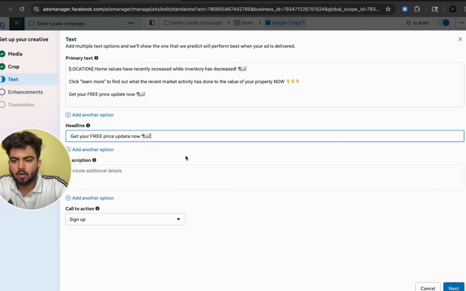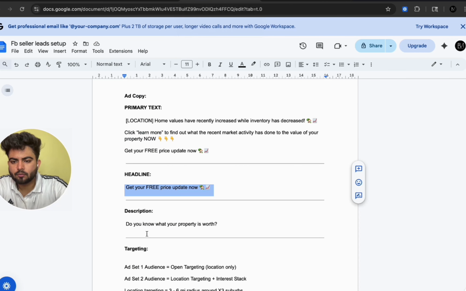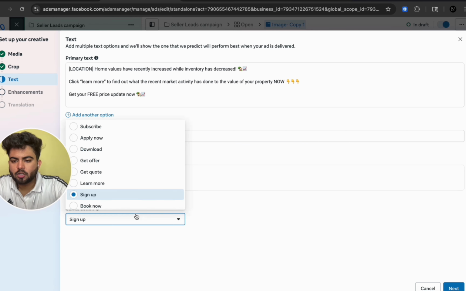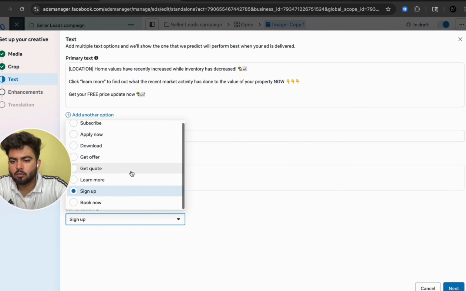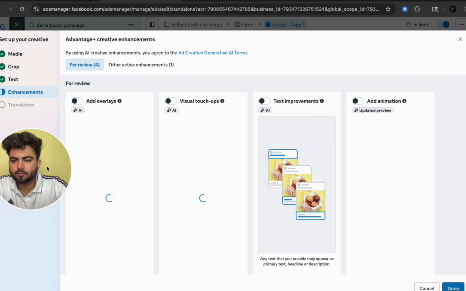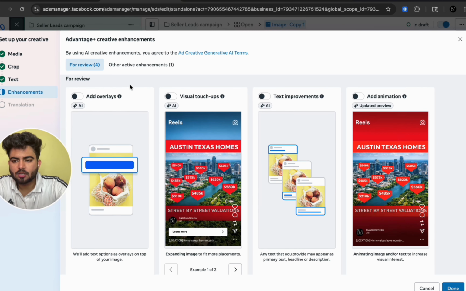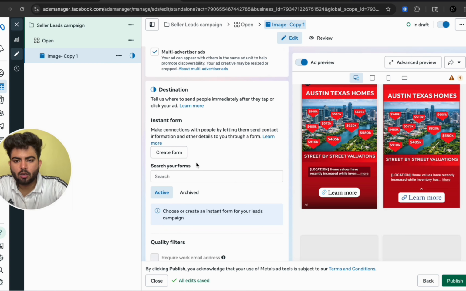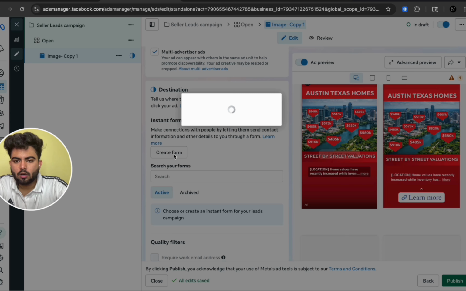You can just add the headline here, add description, also the description. Make sure to keep this at learn more and click next. Learn more is mostly the highest converting CTA while running Facebook ads. So now you just need to create forms to get a result,